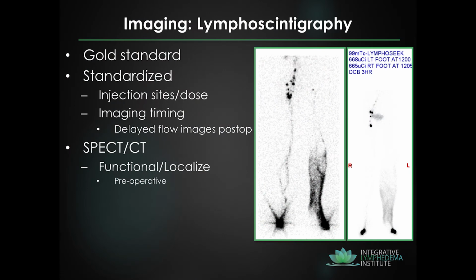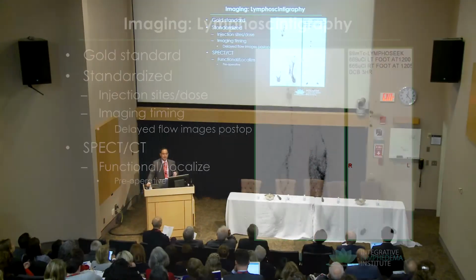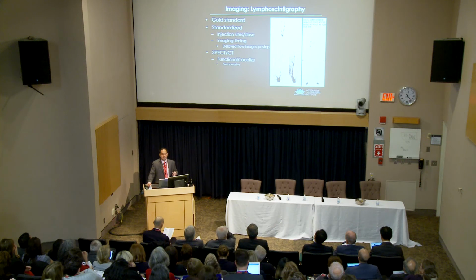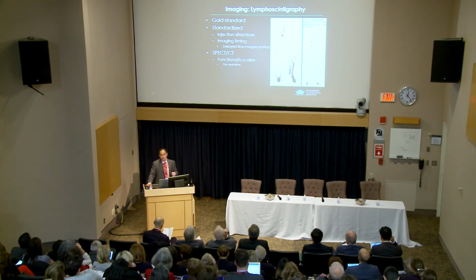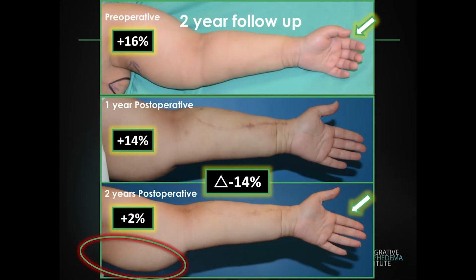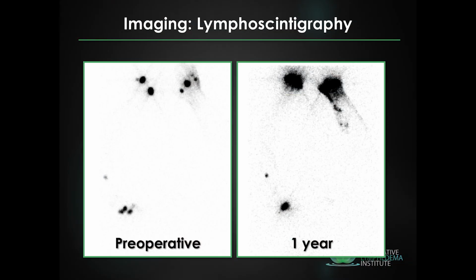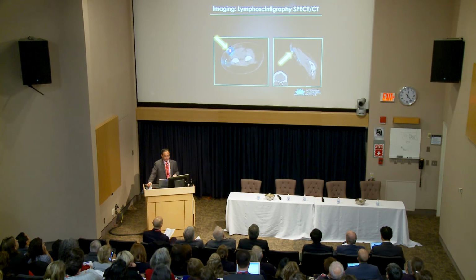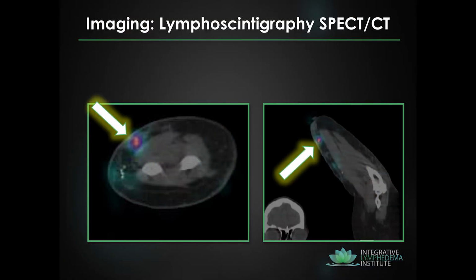So also with the lymphoscintigraphy, we add SPECT CT scan. I think this is, again, critical, like I showed in the other presentation, you can map these patients' functional lymphatics and lymph nodes before surgery, and you can know where it's safe and not safe. Post-op picture, here she is, functional lymphatics, lymph node transfer, SPECT scan, showing exactly where it is. It's important. Pre-op here, functional lymphatic transfer. It's really important. Again, patience is important.